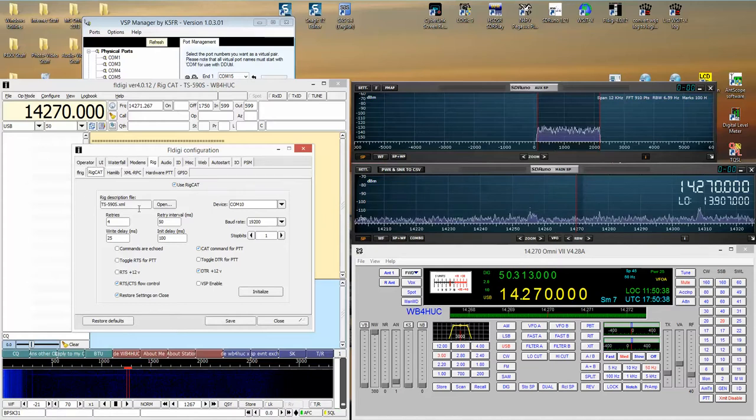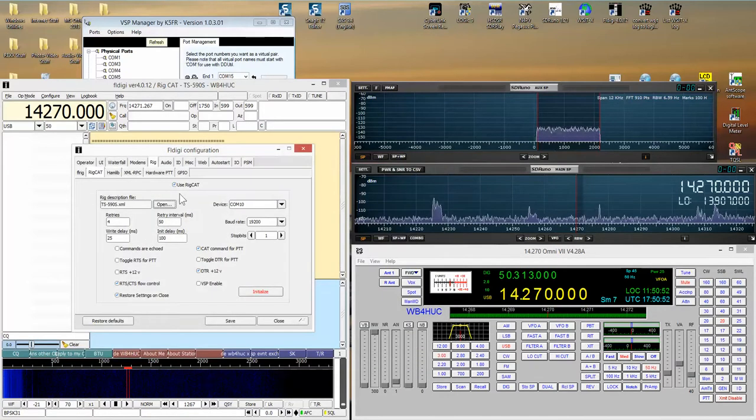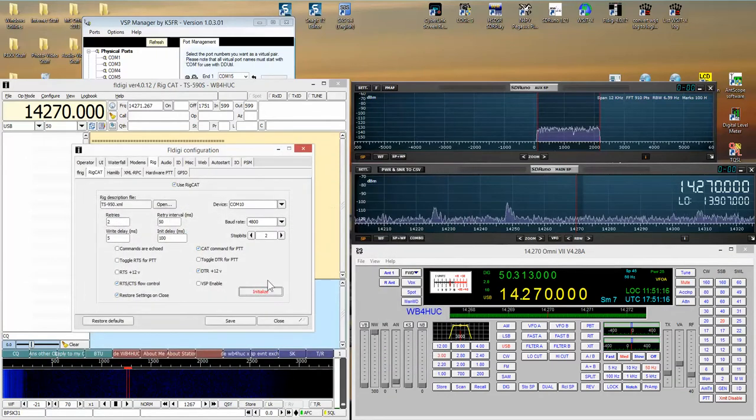So for FLDigi, if you use RigCat, you have to go and find these XML files for whatever radio you want to use. Then you click Open and you select the one you want to use. Then you can click Use RigCat and then click Initialize, and you're ready to go. The only gotcha that I've seen here is that you may not be able to choose the same radio for all software packages. So for instance, if I go to Open and I select TS950